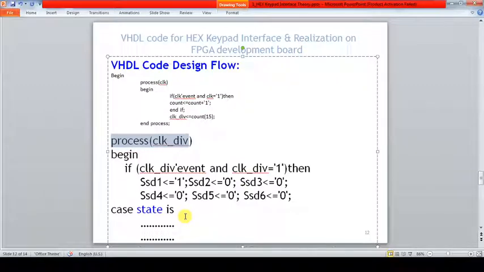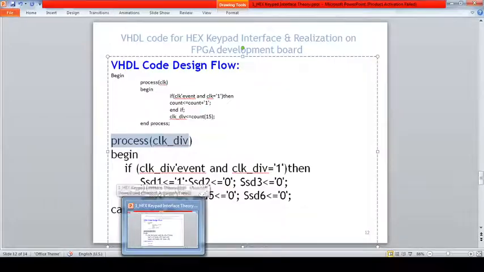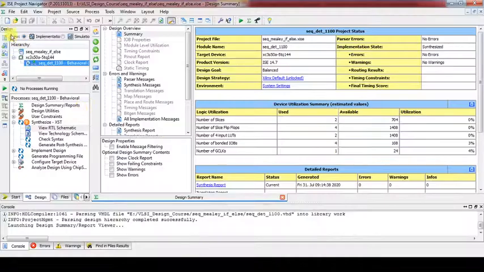This code I have already written. So let us go back to the Xilinx ISE, create a project, and begin writing the VHDL code. Let's open the ISE. Now File, New Project.